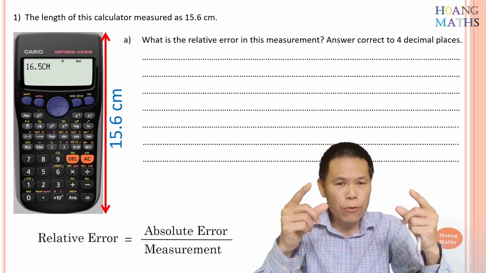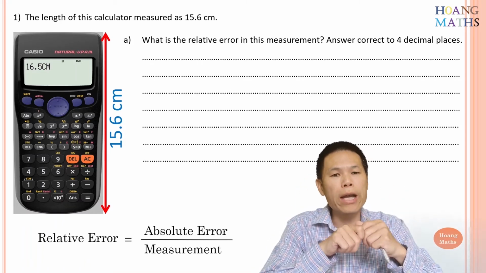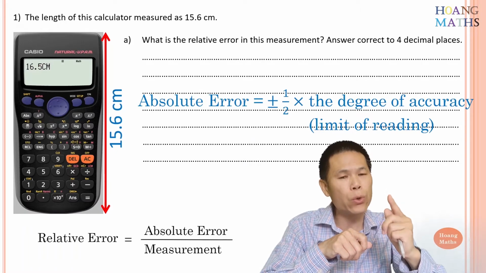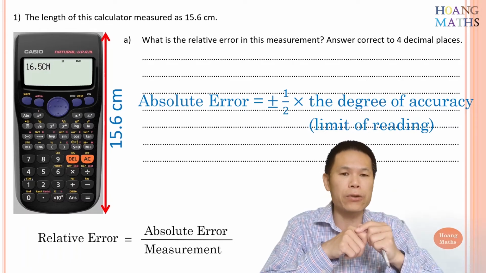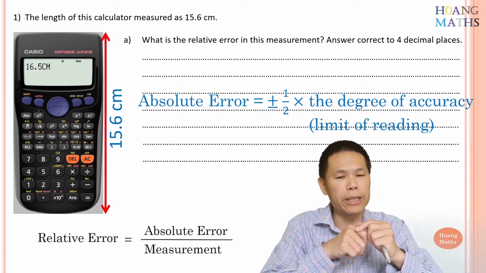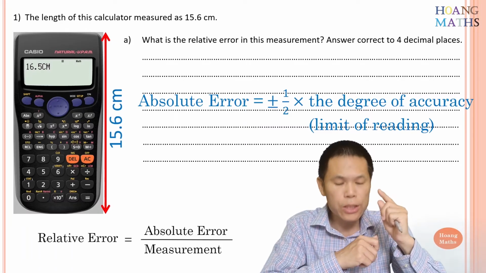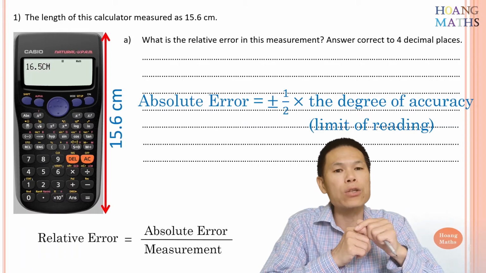So first of all, we need to work out the absolute error. How do I work out absolute error? Remember, absolute error is always plus or minus a half of the degree of accuracy or the limit of reading. In this case, the limit of reading is 0.1 centimeter because it is correct to 1